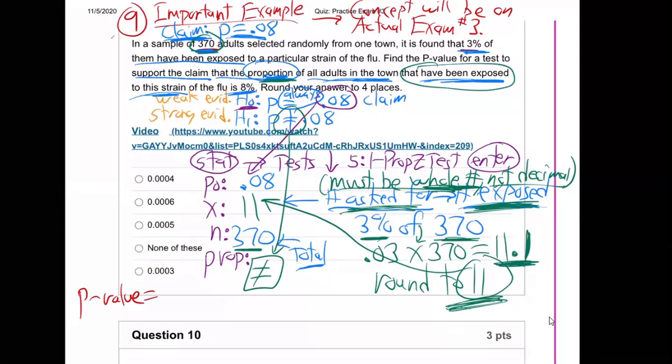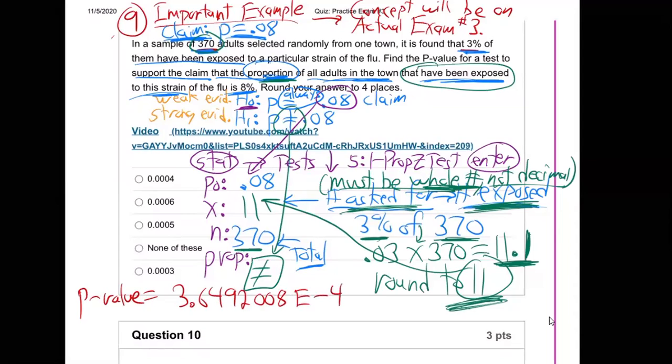And it was 370. And I'm getting that p-value, which is 3.6492008